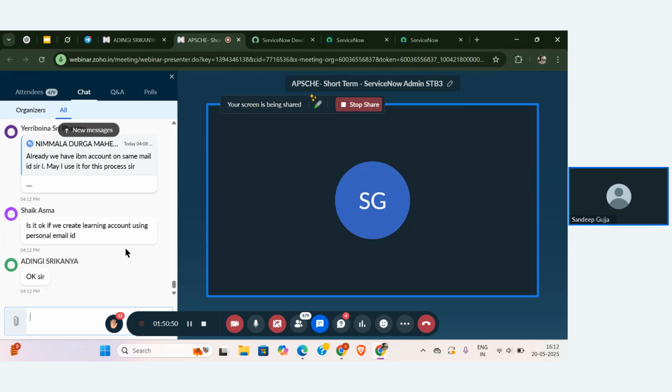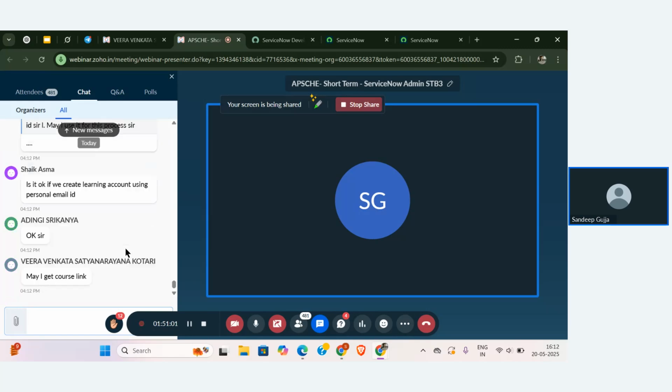The same mail ID should be used to create the Now Learning account, the AppSy account, and the IBM account. And one more link I'm going to share.